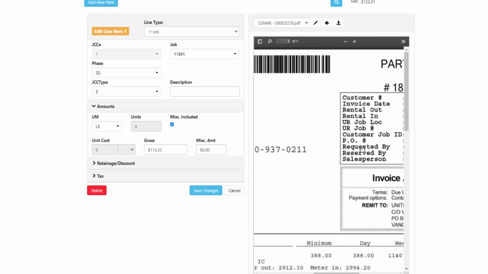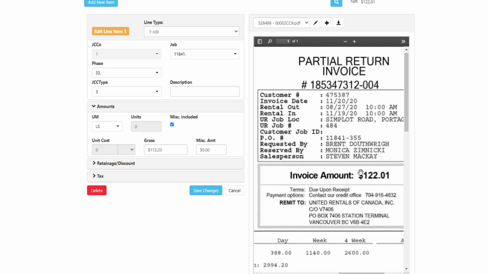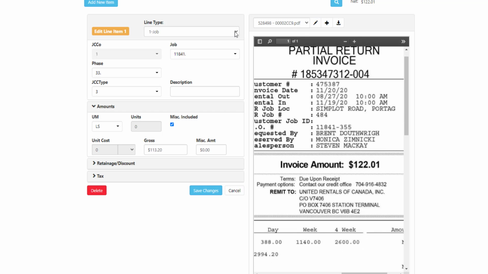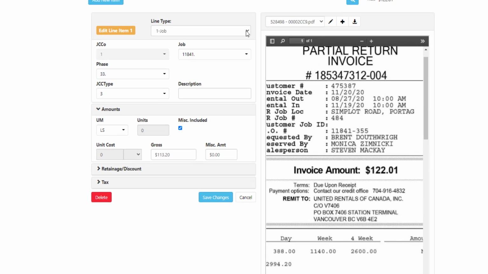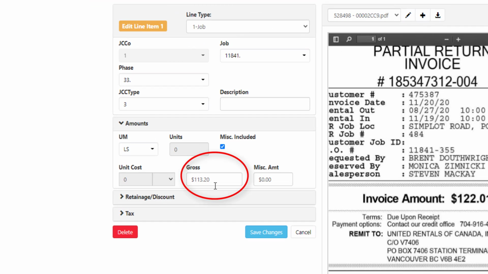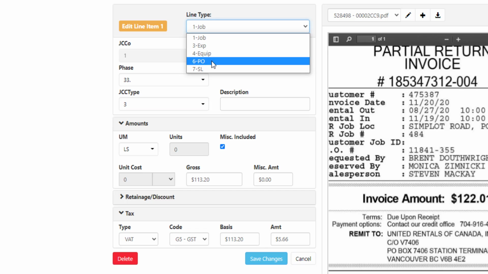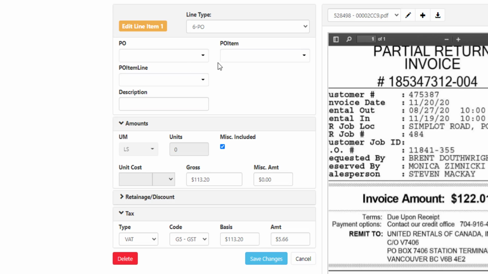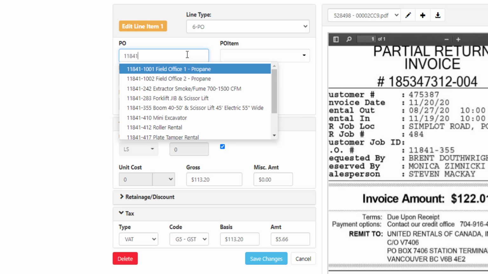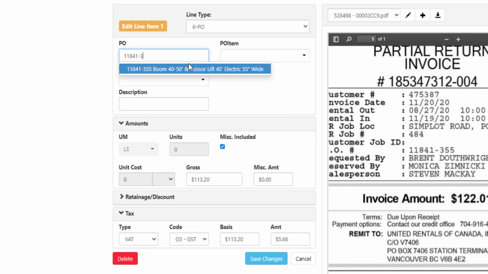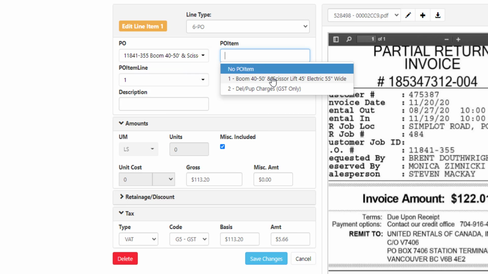And this is associated with an active PO, so we're going to change our line type to PO. Before I do, you can see that we have the gross amount here of $113.20, and the tax basis has been set to G5 by AP. So when I change this to a line type PO and I link to our purchase order, and I select PO item number 1,